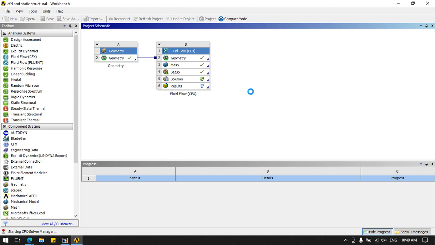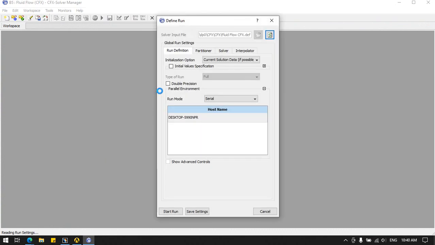Select the option called Double Precision, which helps to use multiple platforms of my system. If it doesn't have multiple cores, don't use this one. If your system is very good, you can use this option, otherwise just leave it and run the calculation.